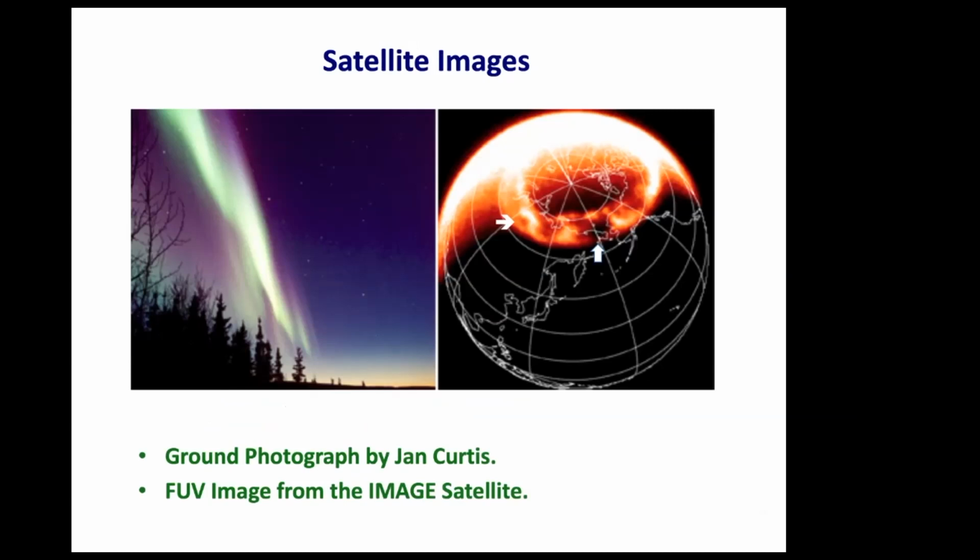Here is an example of the effect that the sun's weather has on the ionosphere. The left diagram shows an auroral display as photographed from the ground. The right diagram is a snapshot of the auroral oval. The important thing to notice is the structure. There's a lot of intensity in this region here, but then there's none here. So this structure and the intensity difference is very important in describing space weather and ionosphere weather.